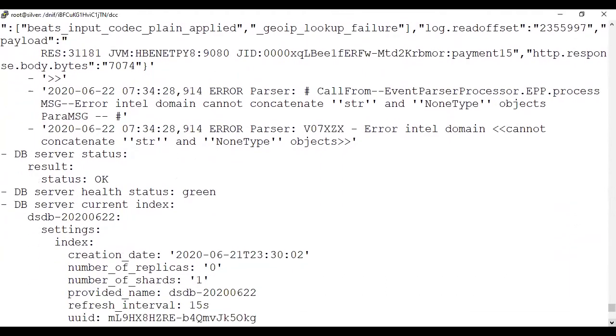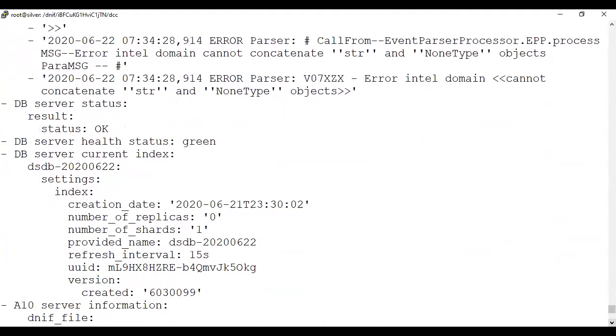Then you can see DB server status. There are three statuses: yellow, green, and red. Server status is okay now, the status is green, meaning everything is working fine, memory good, service is good. If it is in the yellow zone, there are some services taking too much, or there's a load. And if it is red, there are some services which have gone into a fatal state, so you have to look immediately.